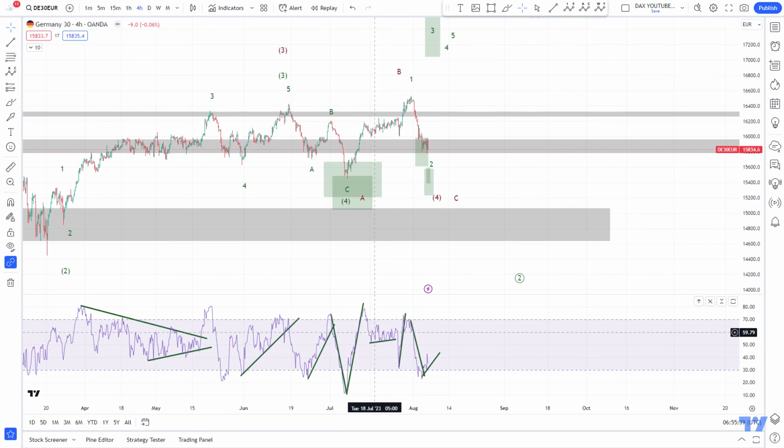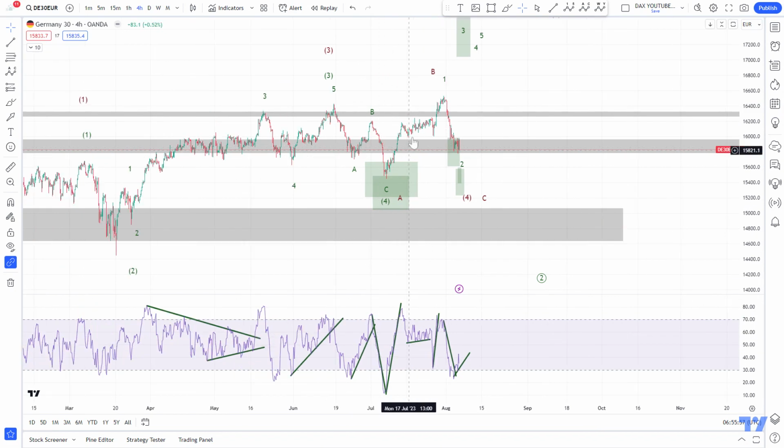It just looks like we have more than one cycle here in RSI, and so normally I like to see my wave 1 impulse in one cycle, and here it looks like we have 3 different cycles. So that's why I'm a bit skeptical about this part here as a wave 1.